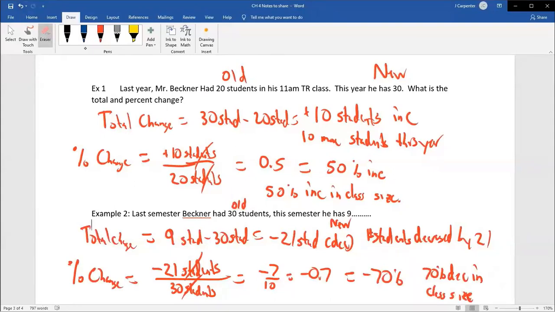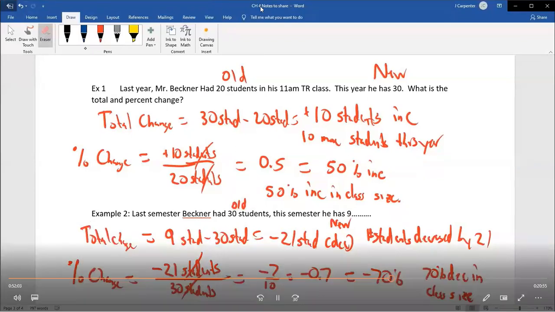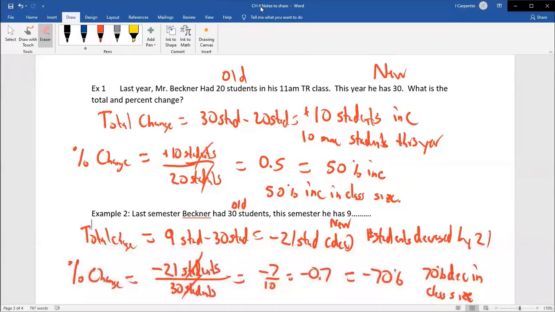So 21 students might not sound like a significant number to you because you're like, oh, are we talking about all of TCC? Are we talking about a lecture hall? Are we talking about a regular class? Well, we're talking about a regular class of 30 students previously. That's a 70% drop. Ooh, that class is hurting. That class might not run. It's kind of traditional for classes to be canceled if there are fewer than 10 students. Not always. That's just kind of the average.